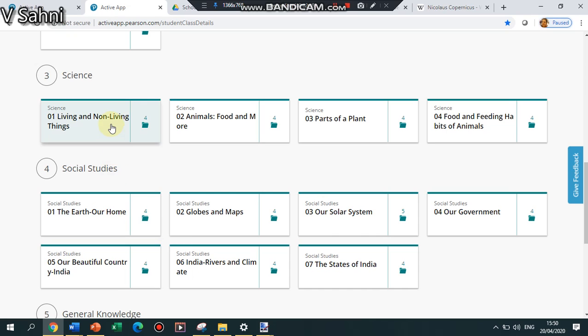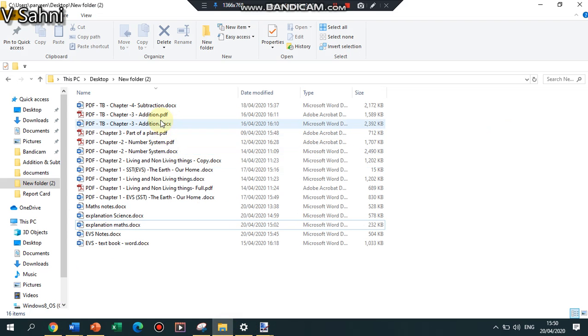See, please understand, this was also chapter 1, but this was science chapter 1, and this is social studies chapter 1. So whenever I mention about, anyway, both of them are EVS. EVS means a combination of science and social studies. But when we are going to number the chapter, at that time, if I have picked the chapter from SST, I will be writing EVS SST. Just see here now are the files how I am going to name.